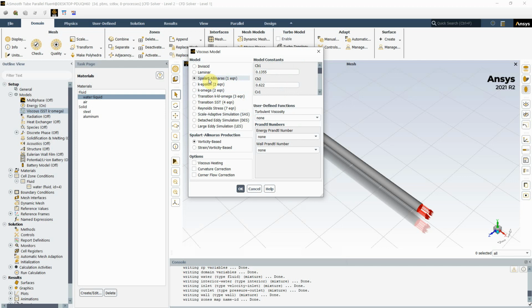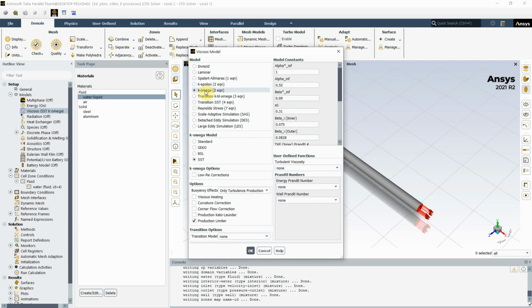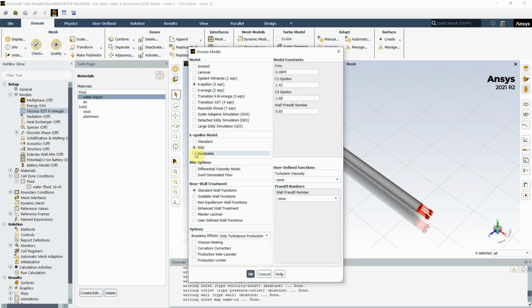Now with the spot almas, I wouldn't bother, but the K epsilon is the ideal one that you want to choose rather than the K omega SST model. So selecting the K epsilon model is where we're going to start with, and then you've got a variety of different wall functions here. Now you've got the standard wall function, scalable wall function, non-equilibrium wall function, enhanced wall treatment, but you've also got the RNG and the